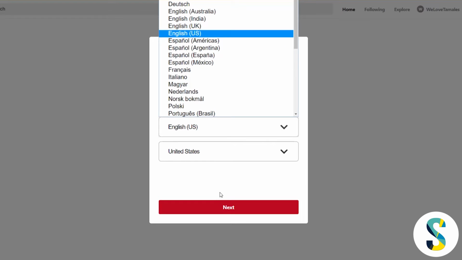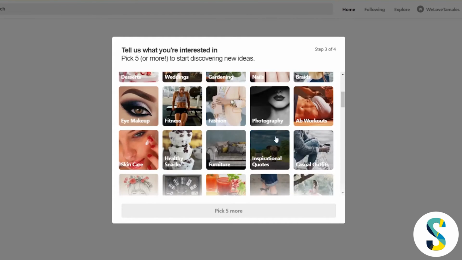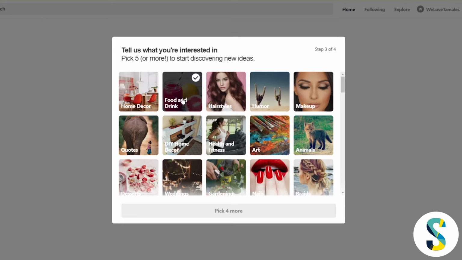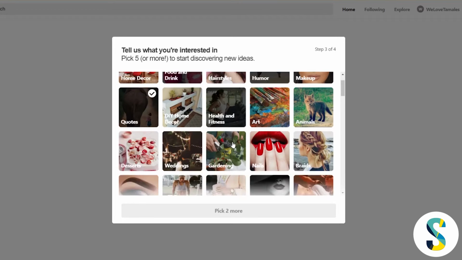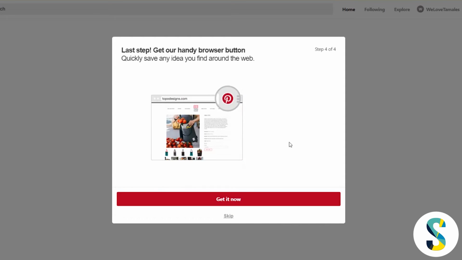And then you're just going to pick your language, your country, etc. It can kind of pick this stuff for you based on your location settings, etc. on your computer. So you can pick these things that you are interested in. So I'm gonna be food, quotes, humor. Now, once you picked your 5 interests, go ahead and click the done button, and then it's gonna tell you